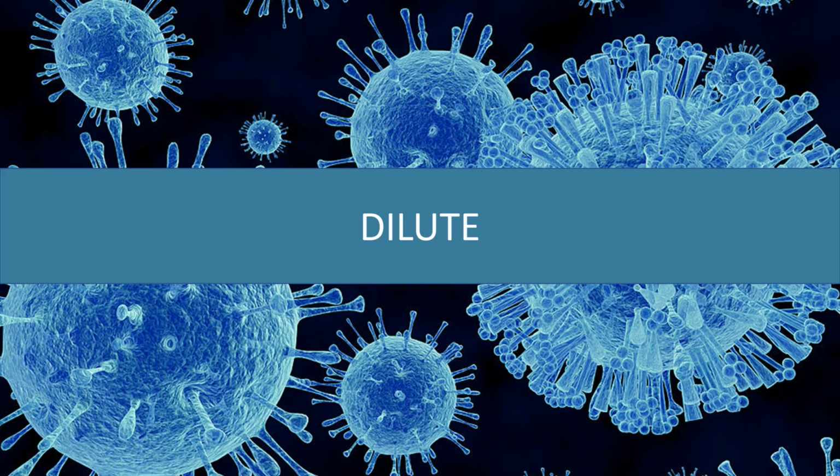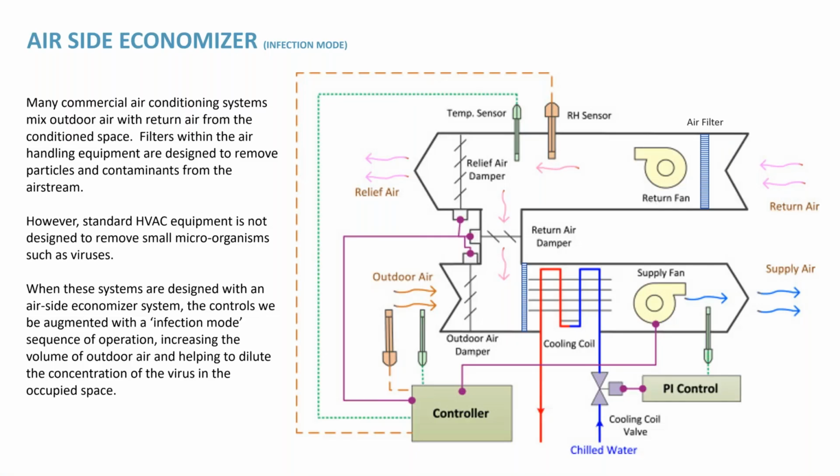So now we're going to move into a new section, which we're calling dilute. Roger had mentioned before that it's been a long-standing application within the HVAC industry. Dilution is oftentimes one of the most effective things that you can do. And the reason is that, as you continuously recirculate air within a space and you do not introduce more outside